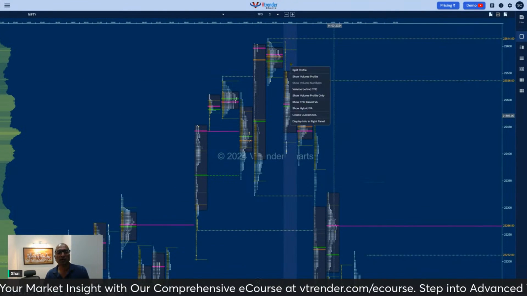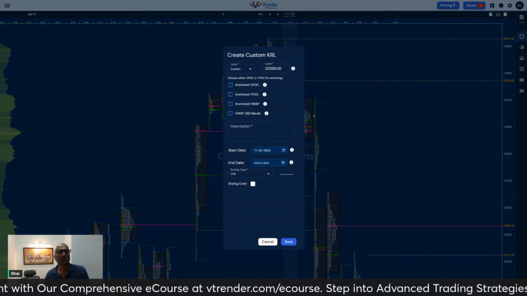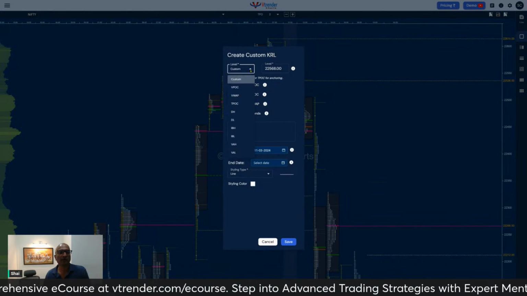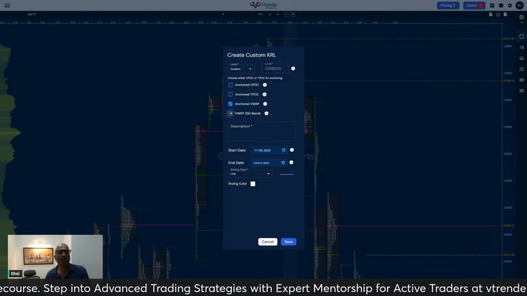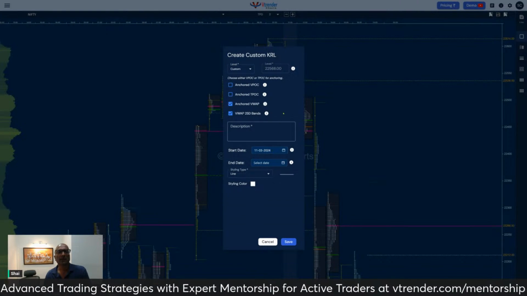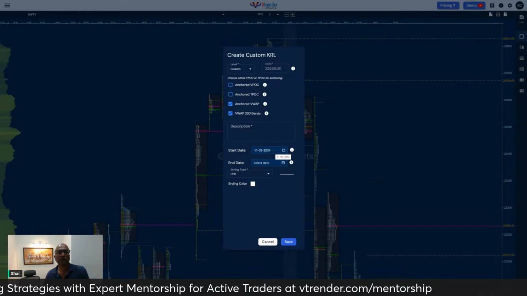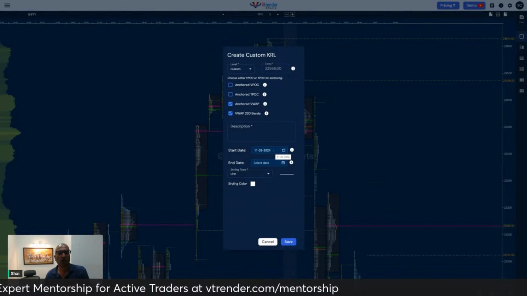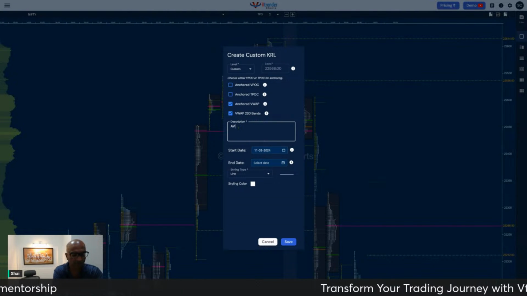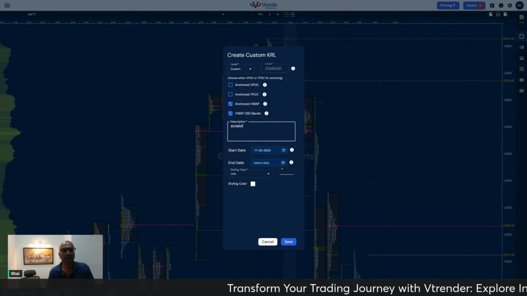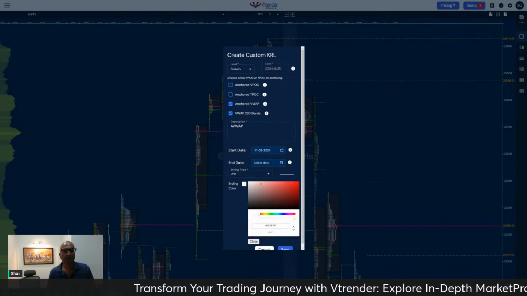So if I go over here and if I want to create something called the VWAP, I can choose the anchored VWAP, the 2 SD bands, and the date I want to set is from the 11th of March, where this down move began. This is the profile, and I can just give it a title and give it a color,